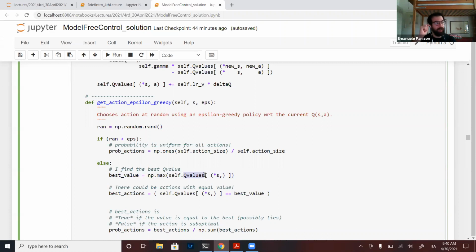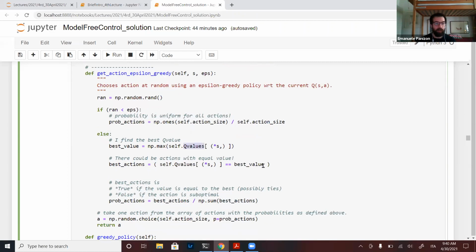Now, since Python returns only the first one, but we want to share the action in all possible actions which are the same, I added the second part, which is a mask, which says that the best actions, which may be one or maybe more, is just all the possible actions which share the best value. So I take the Q values in that state.